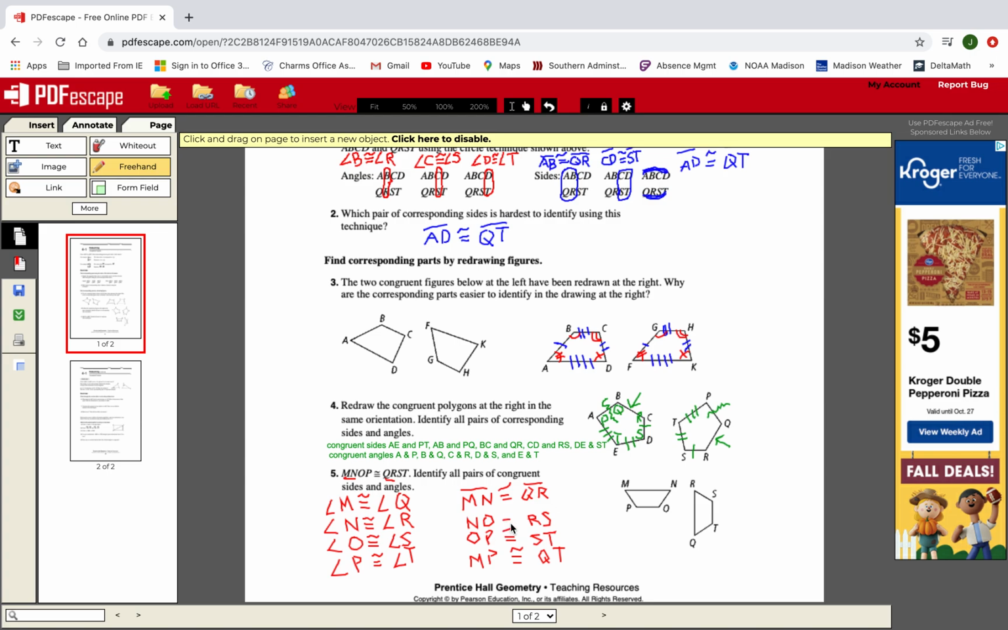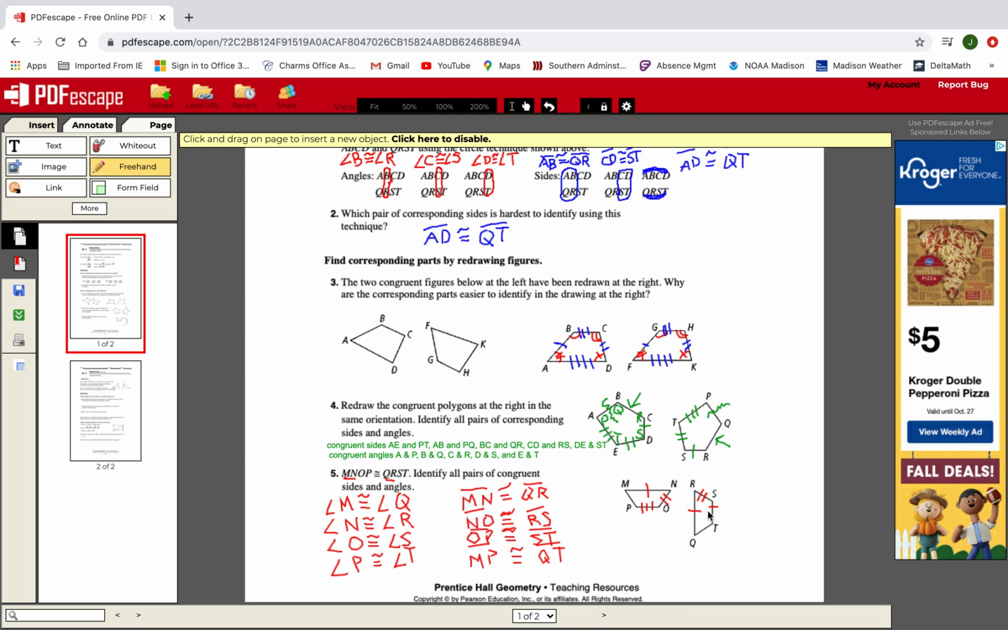I don't know that I'm going to have enough room to write the symbols here. Oh, I'm going to make room. Okay, I'll make this look better. That should be curvy, and this should be curvy. Okay? So we have MN congruent to QR. And we have NO and RS. So NO right here, and RS right here. And then we have OP and ST. So here's OP